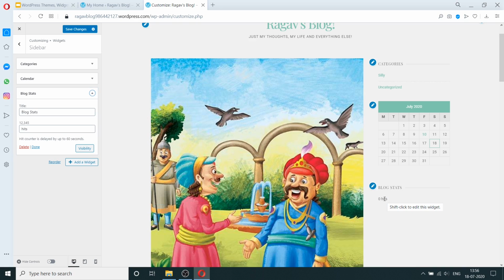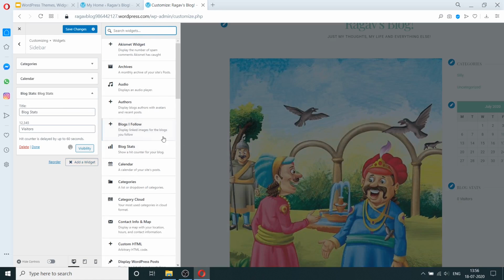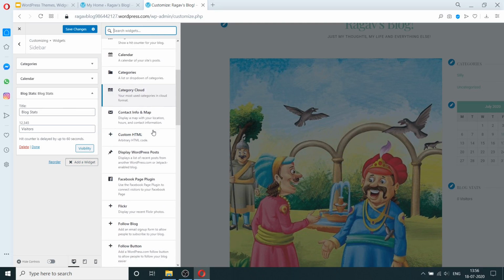If you had some 1,000 people come in today, it will show you that number here. Here you can specify what it shows. You can specify you want to show it as hits or visitors. This is just to display. Let's see what other kind of widgets we can add here.